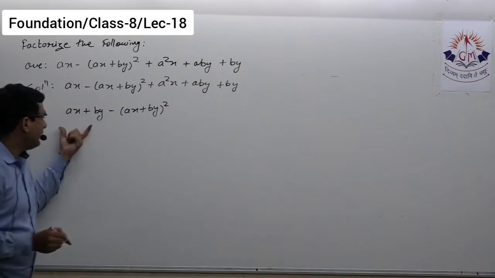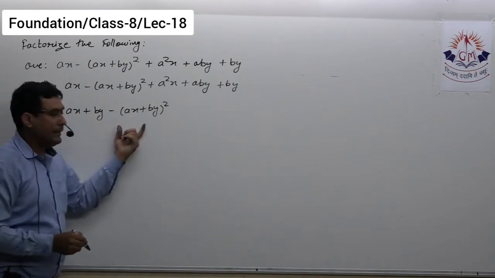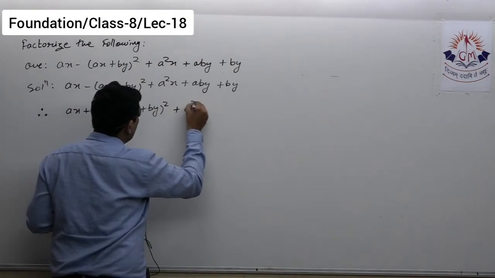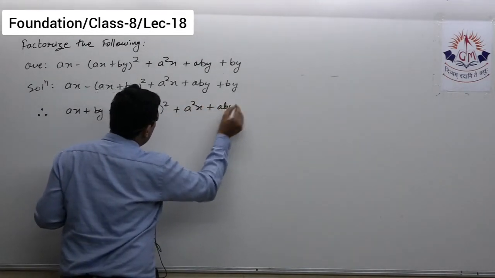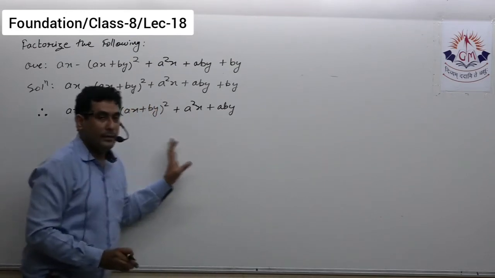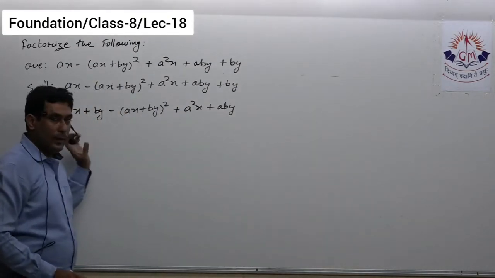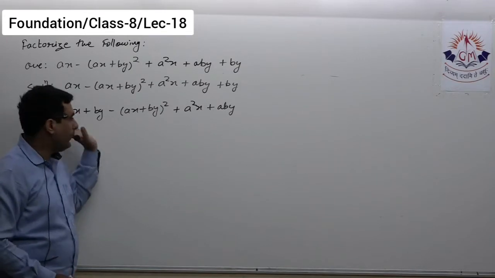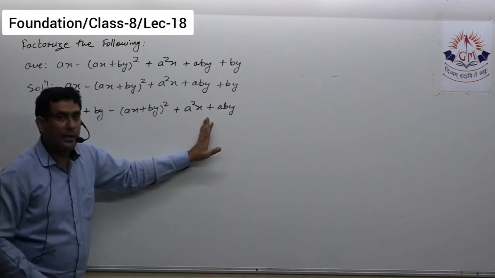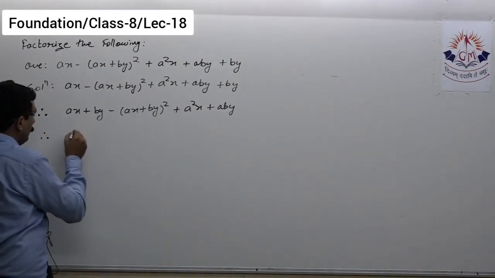Now this gives me one idea, that here I have ax plus by, so ax plus by can be taken common from these two terms. Now I will check the remaining terms, that is a square x plus aby. From these two, if I take a common, here I am left with ax and here I am left with by. That means after taking common a from these two and 1 from these two in brackets, I do get ax plus by over here, over here as it is directly given, and over here again I will get ax plus by in the bracket, and then I will take that common to get its final factor.